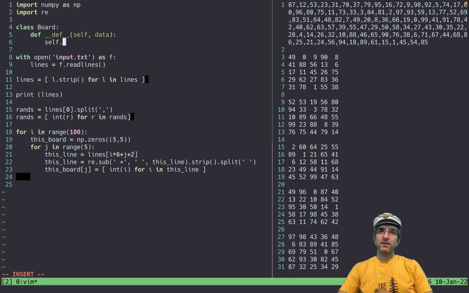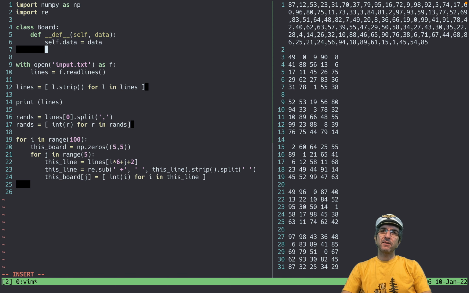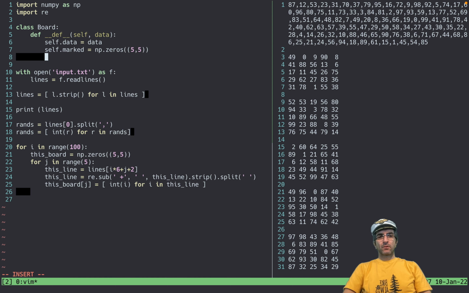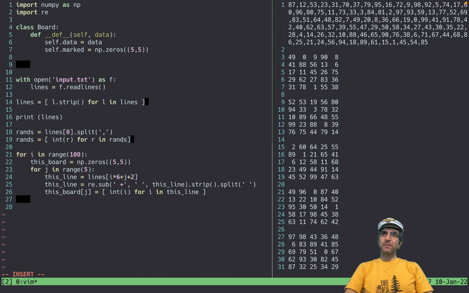And then you can say self, I need this instance to have a variable or property and make it equal to data. Self.marked, create a property or variable inside this object and call it numpy zeros 5 by 5. Whenever you create one, this will be created.